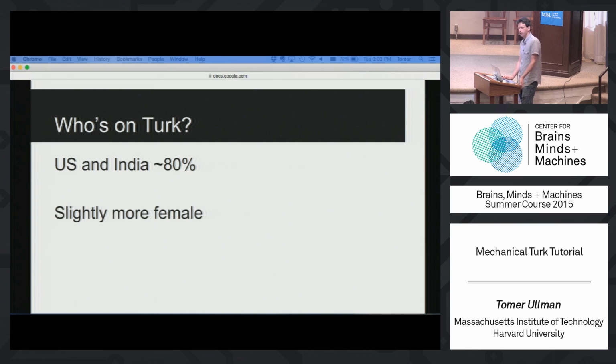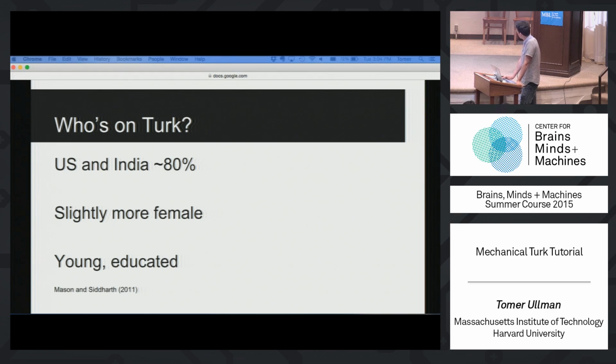There's slightly more females than males on Amazon Mechanical Turk, and at least the US population is biased towards young and educated people. Educated meaning a bachelor's degree. It's certainly more representative of the general population than just hiring college students doing their bachelor's degree, but it is still skewed. Keep that in mind. It's skewed towards basically the sort of population that you would expect to find on the internet in the United States. Okay, so somewhat younger people, somewhat more educated.